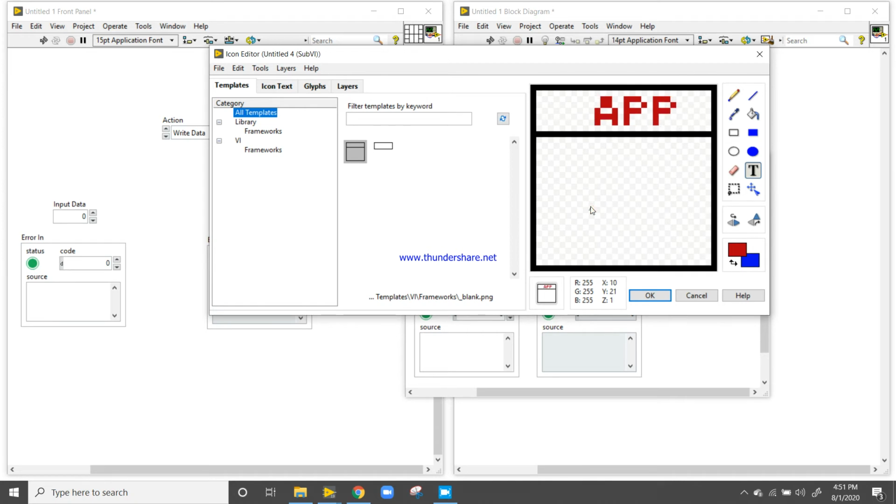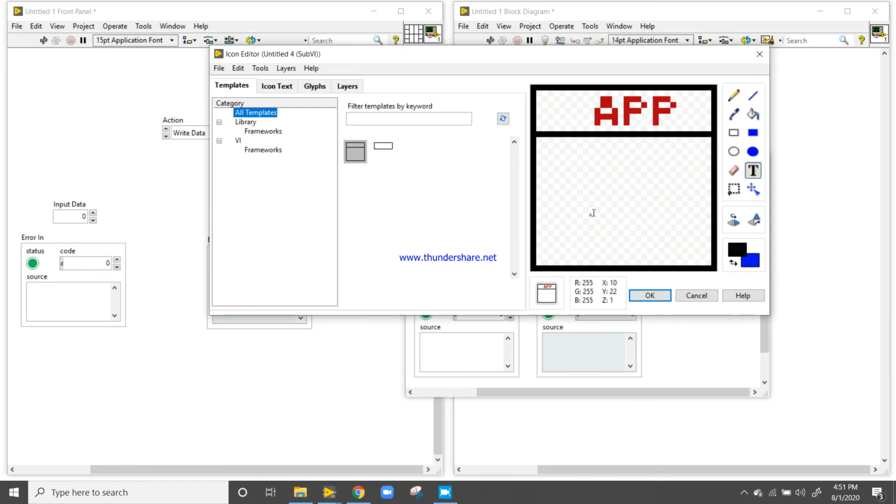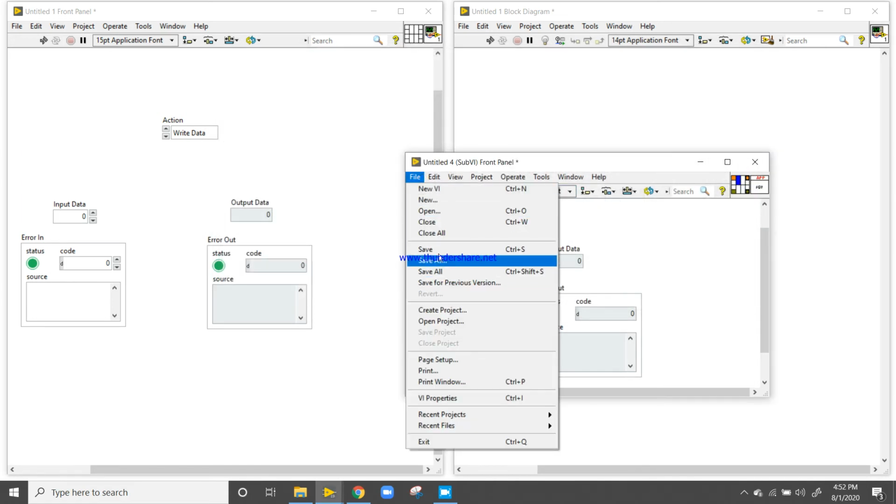Now select, right here, click black. I will take black. Functional global variable. Select all, paste here. Okay, now the functional global variable has been set.